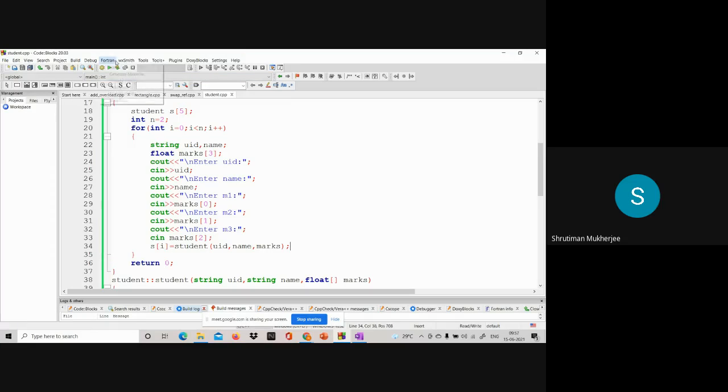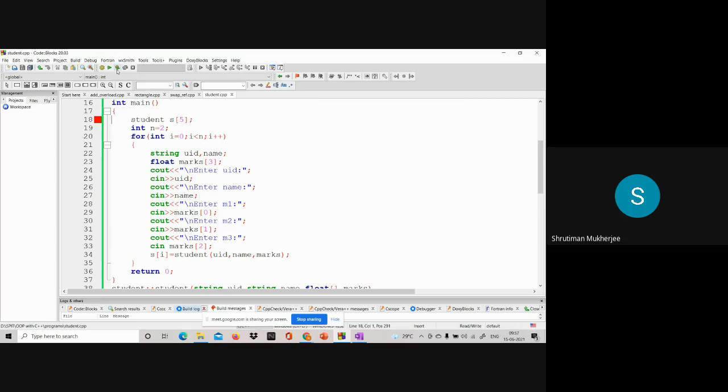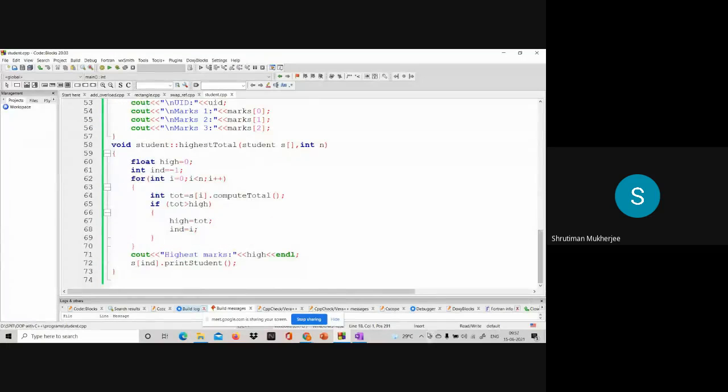Ma'am, would it not be like S of I, then we'll put the parenthesis and within that UID, name and marks for object creation.